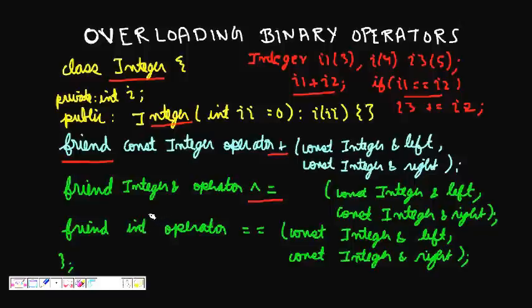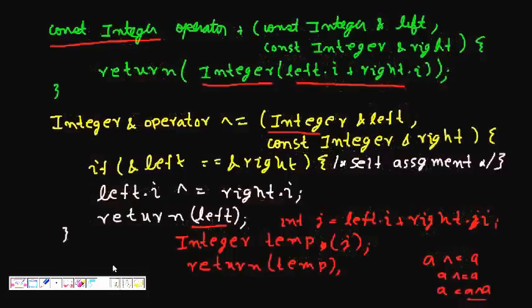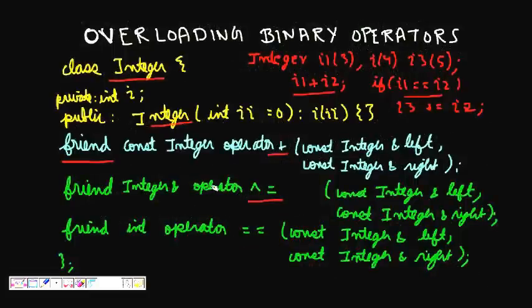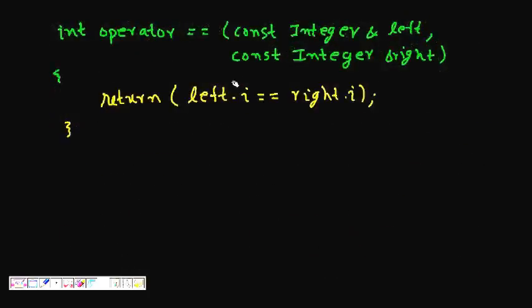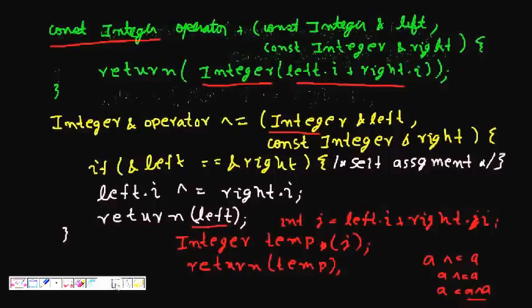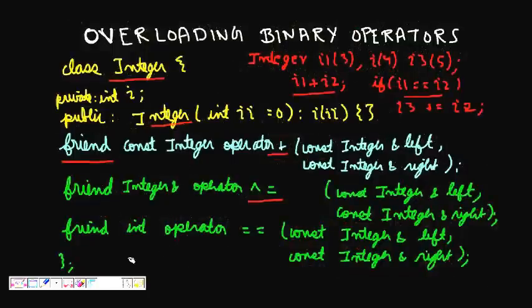In fact, one thing is, do we really need friend functions to make operators overloaded functions? In fact, it's not always needed. So let's try to see one example here. Can we do something here so that I don't need it to be a friend function? What I can do is add a method here.